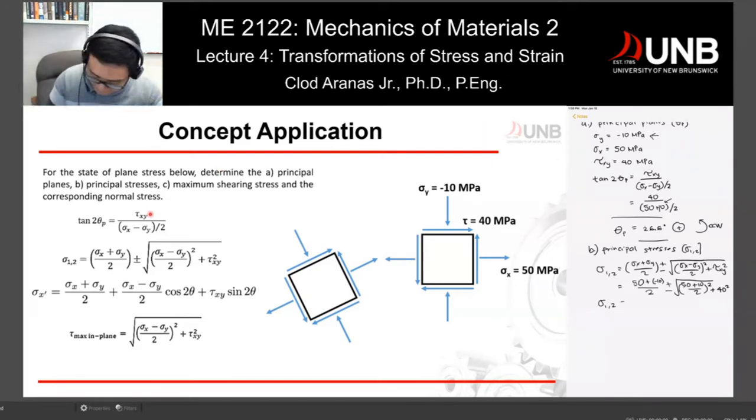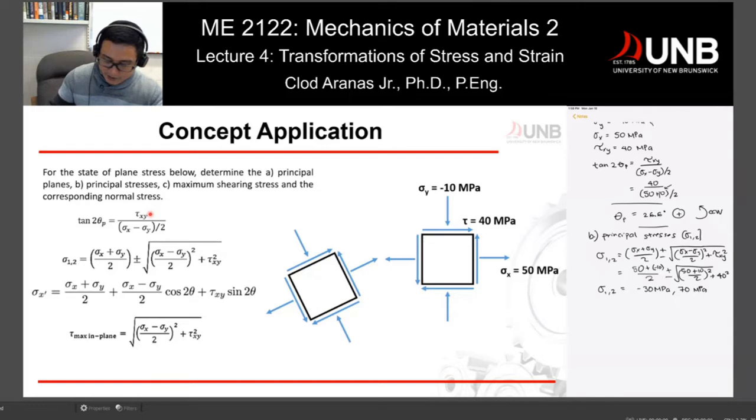And then you will end up with negative 30, which would be your minimum stress, and your maximum stress would be 70 megapascals. You can check it if you want to make sure everything is all right. So that would be the answer to letter B. What would be the principal stresses? The next question here is what would be the maximum